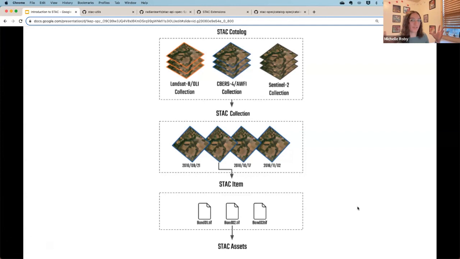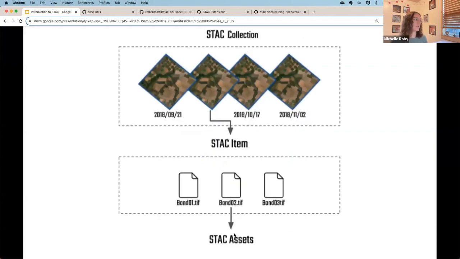But I'd download the whole thing, and I didn't have any grouping with that data with related pieces. And so with STAC, we have that where you could say, okay, I only want the red band and the blue band and the green band from this specific scene from this grouping of data.